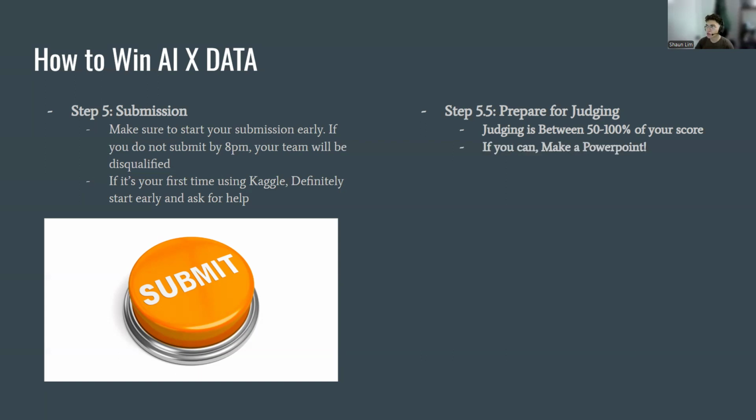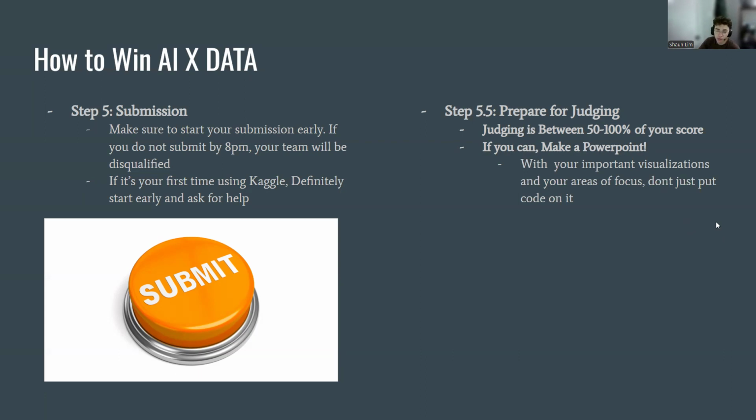I think presenting your straight up notebook is going to be kind of hard and not really aesthetic for the judges, because imagine you're talking about your code while scrolling up the notebook over a bunch of code that you've written, and that's not what the presentation's about. It's about your outcomes. So I would definitely try to make a PowerPoint if you can, and make sure to include your important visualizations and your areas of focus.